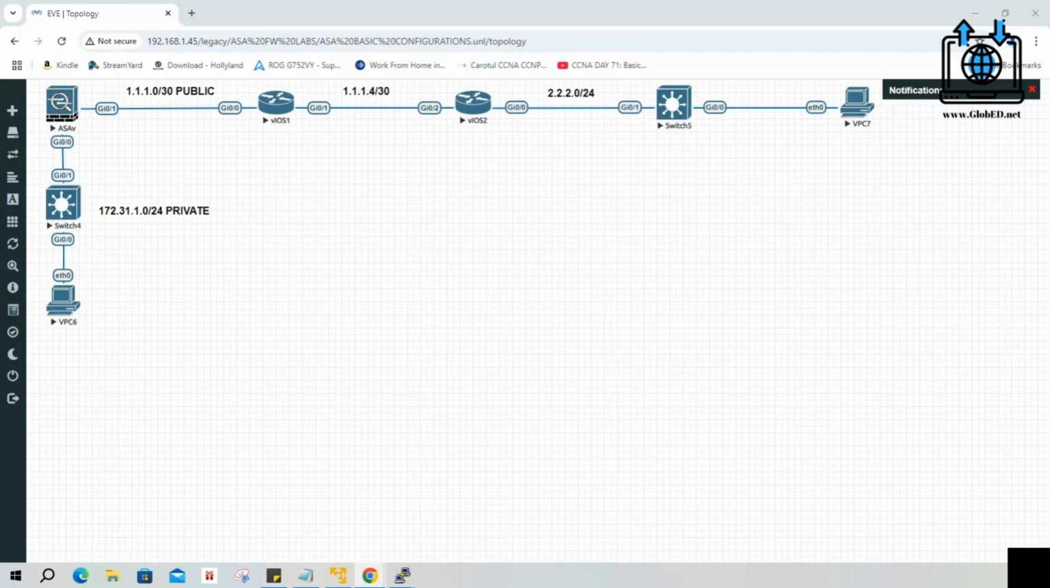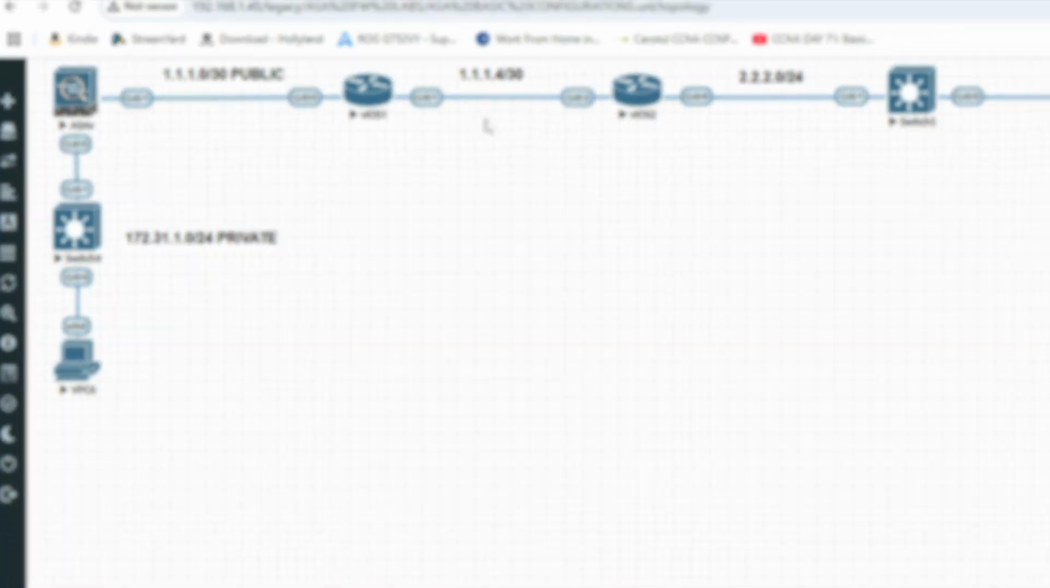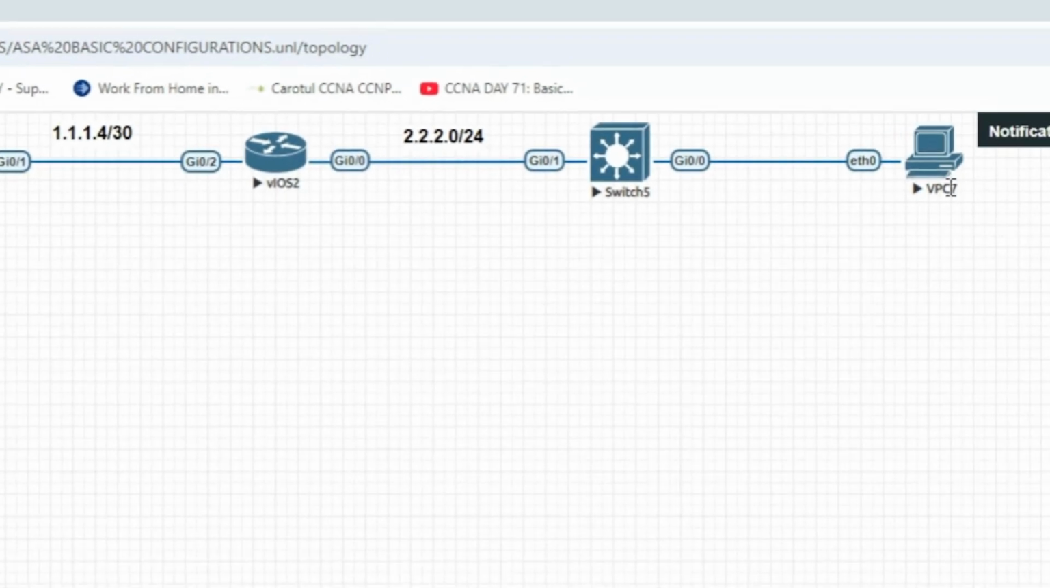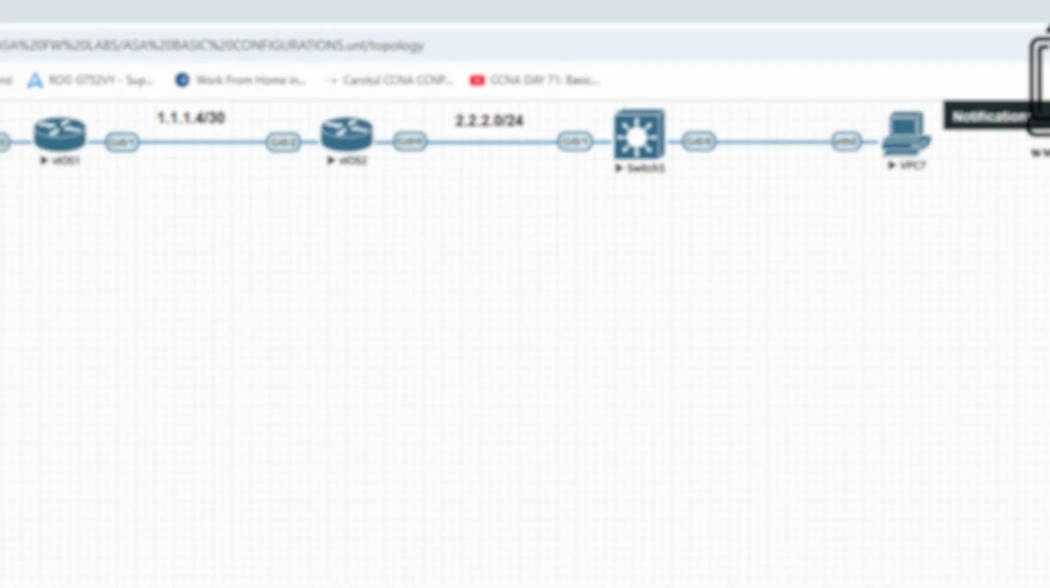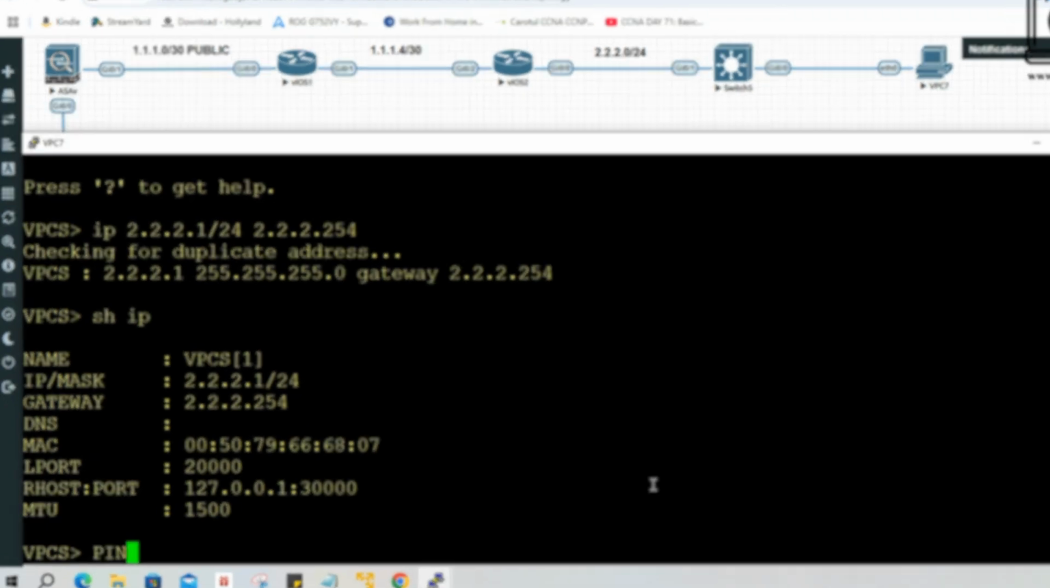So let me take you around the topology first so you know what's going on. So what do we got here? We got obviously a PC, a switch, a firewall right there, 2 routers, another switch, and the PC. Now this PC right here, VPC7, I'll show you. It already has an IP address. I put it in there statically. So that is the IP address, and that's the gateway, which is this point right here, and we'll ping